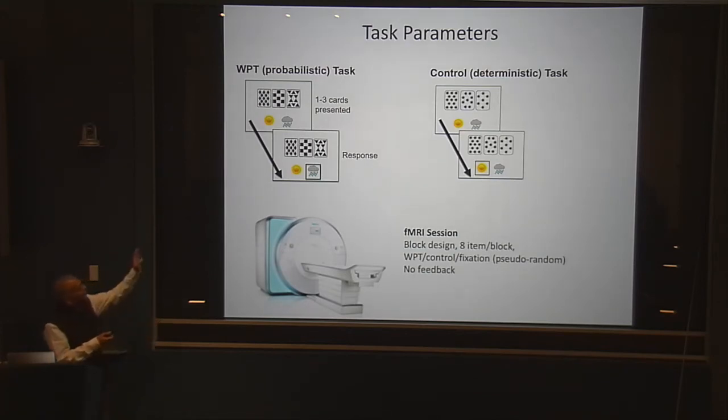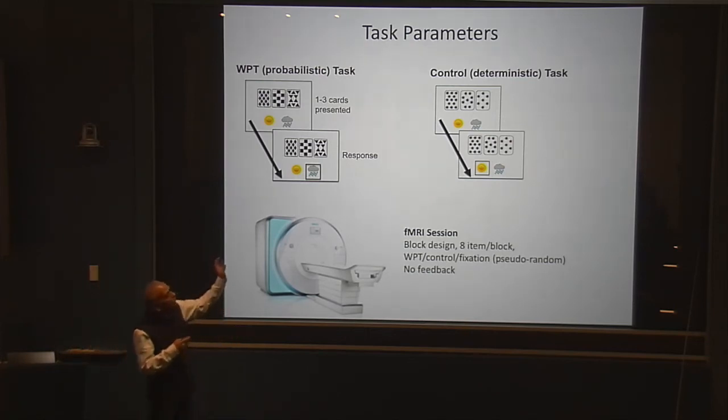The first version, which we call the probabilistic task, is the conventional weather prediction task, as I've just described it. The control condition is the deterministic condition, where the subject is not being asked to make an uncertain decision. Rather, they're simply being asked to report what are the patterns printed on a given card. So you notice on all of the cards you see sunny patterns, and hence the response has to be sunny. If you were to see clouds on all of the cards, the response would be clouds. So it's a completely deterministic response that they have to provide.